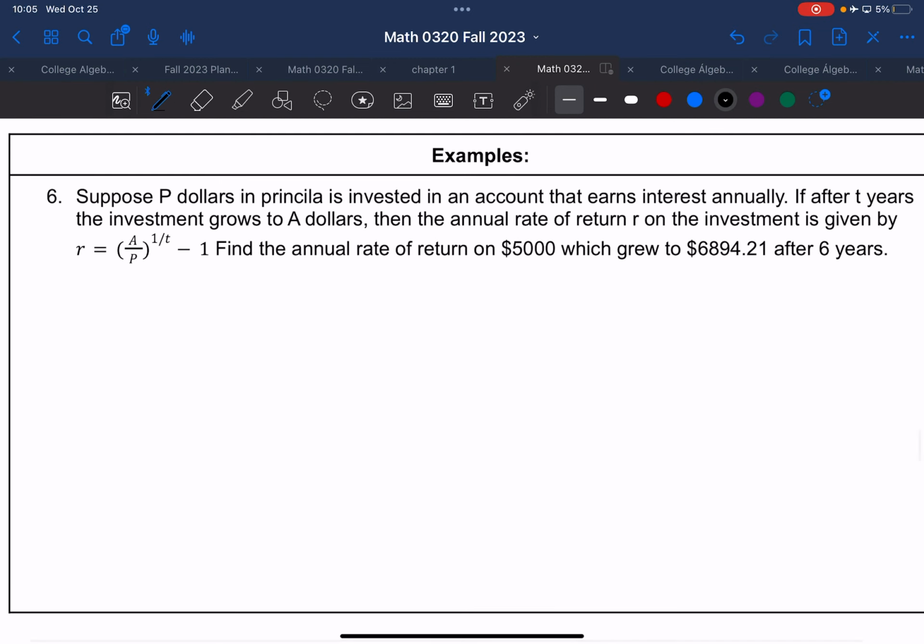So this says, suppose P dollars in principal is invested in an account that earns interest annually. If after T years the investment grows to $A, then the annual rate of return R on the investment is given by this formula. So this formula is R is equal to A divided by P raised to the 1 over T power minus 1. Find the annual rate of return on 5,000, which grew to